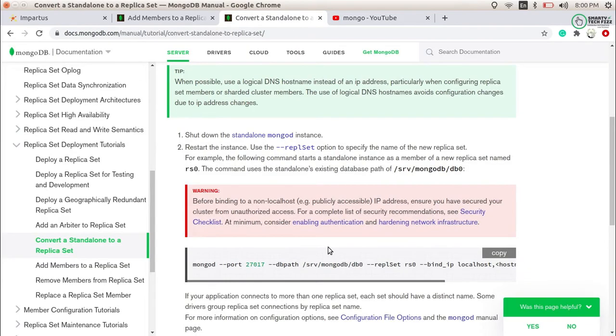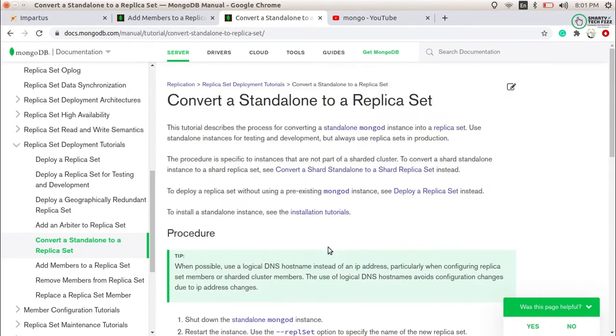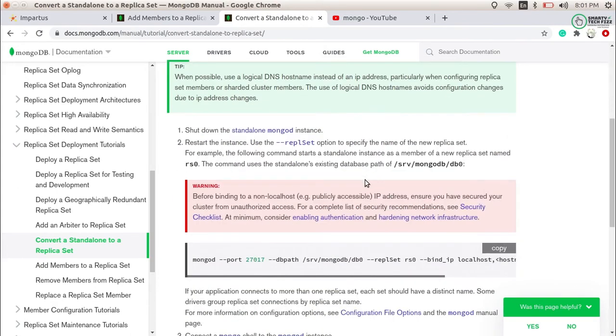Firstly, what if you want to convert your MongoDB server to a replica set member? In the documentation given by MongoDB itself, they say that if you want to convert a standalone to a replica set member, there are two ways. I must say they just give one way: if you have only one MongoDB server and you want it to be a replica set member, you can do that by this command.